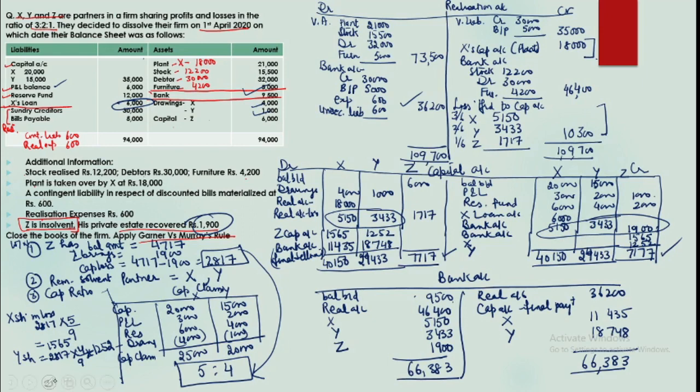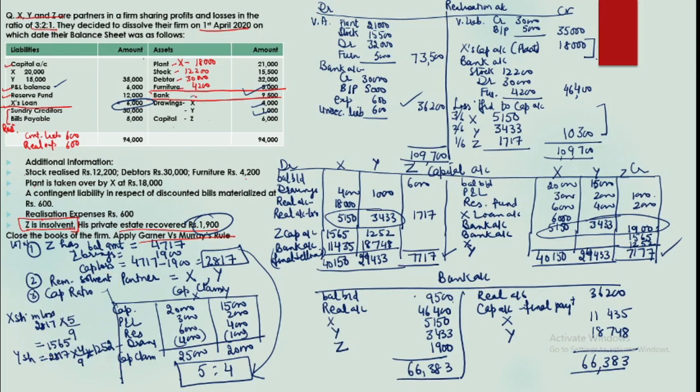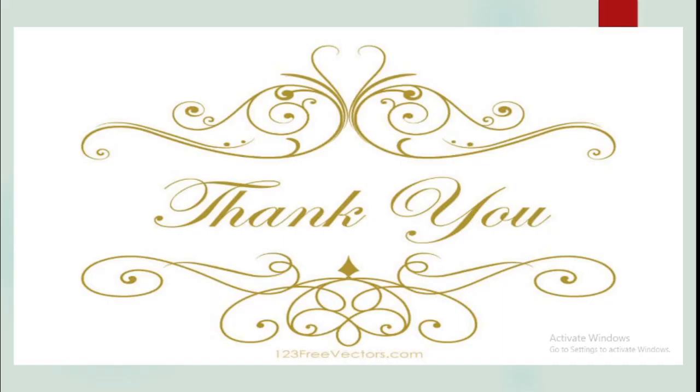Now let us dwell on some more matters here. Now suppose in place of this drawing, if it was a current account, now how will it affect your question? Now if we are given current account, it means capitals are fixed. Now when capitals are fixed, then we don't need to calculate capital ratio like this. So if capital is fixed, then the ratio is ratio of fixed capital. So there you can directly take ratio as 4:3. Right. So if capitals are fixed, if current accounts are given, then ratio can directly be had from the question.